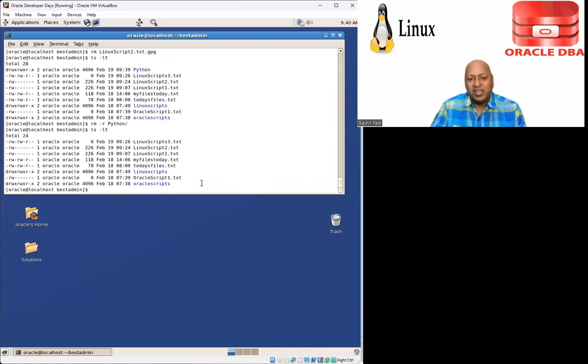What if I want to move a file from one location to the other, or just kind of rename it? So we're not copying in this case. It's the same thing as move. I'm going to put move, and then the original name. In this case, it's Linux